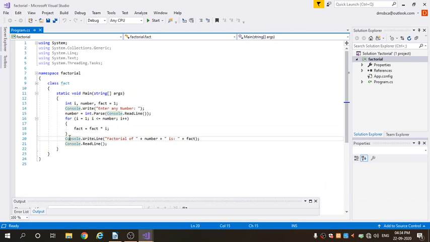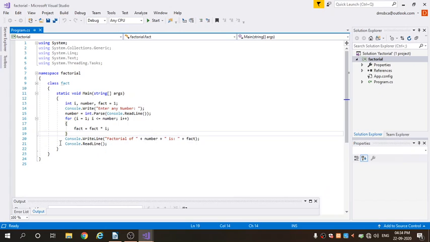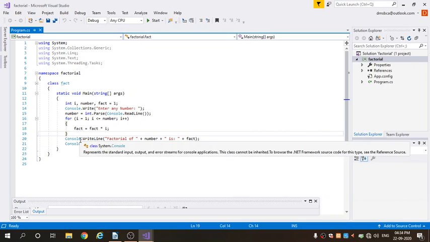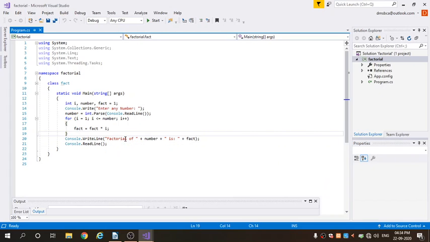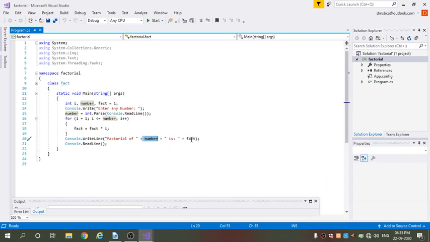After that, out of the for loop, we take here Console.WriteLine factorial of number. Number means if I entered here 5, that 5 will be printed here, and factorial of 5 is fact, that is 120, so 120 will be printed here.